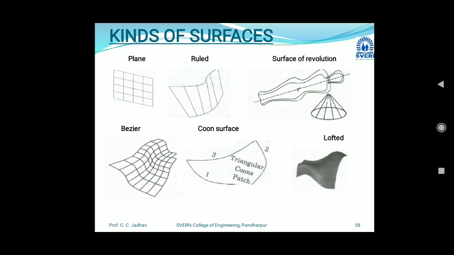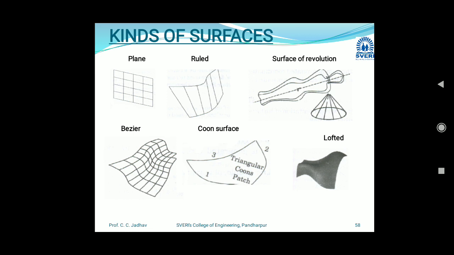Second, ruled, which is also called lofted surface. This is a linear surface. It interpolates linearly between two boundary curves that define the surface. The rail can be any wireframe entity. This entity is ideal to represent surfaces that do not have any twists or kinks. So this is about ruled surfaces.